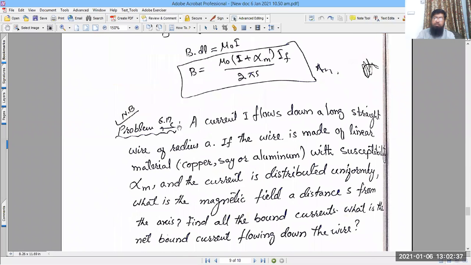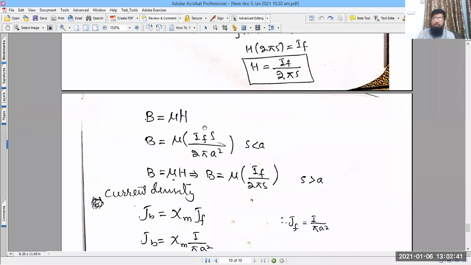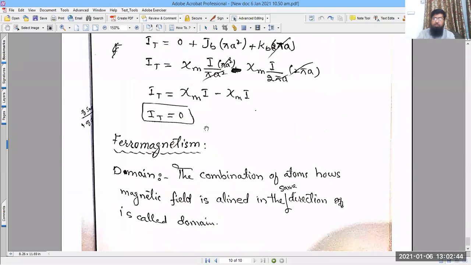तो यहाँ पे ये प्रॉब्लम नंबर 6.17 है, ये सॉल्व किया हुआ है, इसको भी आप देख लीजिएगा। इसके सॉल्यूशंस मैं आपको दे देता हूँ।